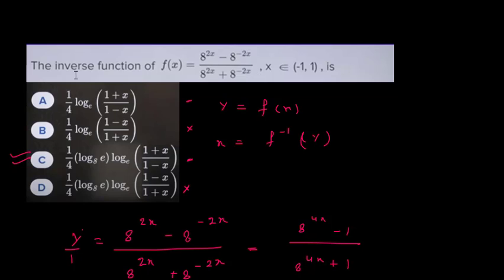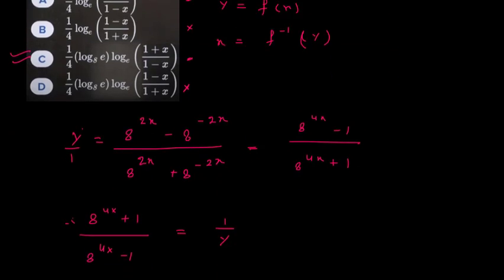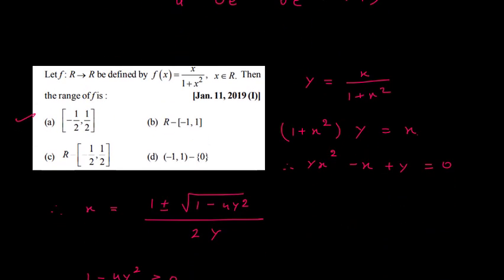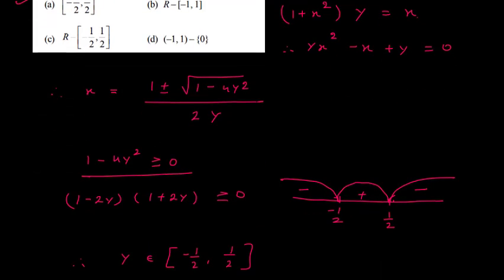Okay. Now the third problem was where we have to find the inverse function. Inverse function means f(x) = y is given, we have to find x, which is f inverse of y, and that is how you find the inverse of a function. So this is the inverse of a function. Here in this problem we have to find the range of the function, means what are the possible values of x upon 1 + x², that is, for any given value of x, what is the possible value of y.